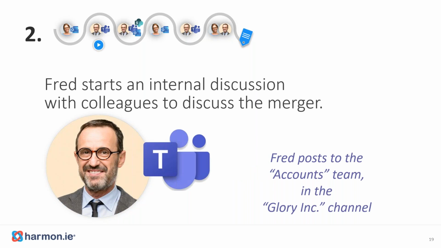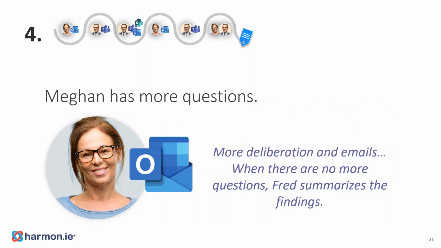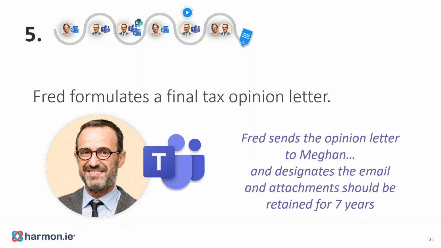So Fred receives that email, but his company has adopted Teams and is using Teams for internal communication and collaboration. He has created an accounts team and various channels for the different accounts that he's working on. He's involving his co-workers and the rest of his team and using SharePoint, Teams and Outlook and email in various parts of that process. They need to put together some draft advice and documentation and send those back to Megan. But again, there could be a lot of backwards and forwards, typically by email, with more questions and more advice being given. And then when the process has been finalized,